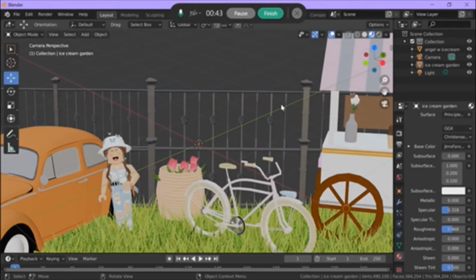But if you want to do the little new thing that I was saying, you're going to do this. You're going to search up HDRI Haven on Google and just find whichever background and lighting you want. I've never tried this before, so it was my first time trying it in this video, so if it didn't go out right, this whole video is a new learning process. But I do recommend, if you're going to do this, do it before you spawn your